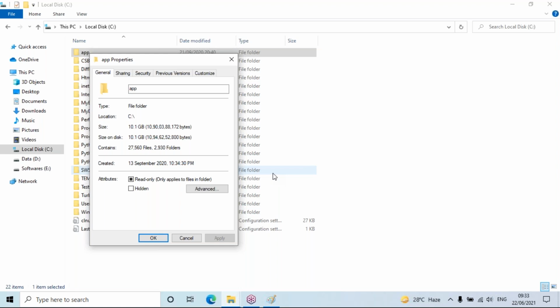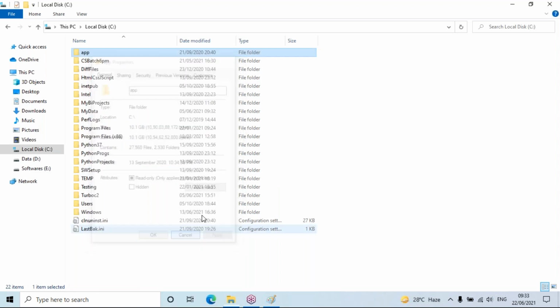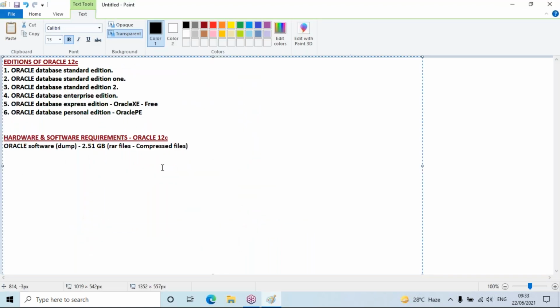And after installation, the software gets expanded and you require a hard disk of around 10.1 GB. Here it shows 10.1 GB. After installation, I'm saying after. So let me mention that point as well.